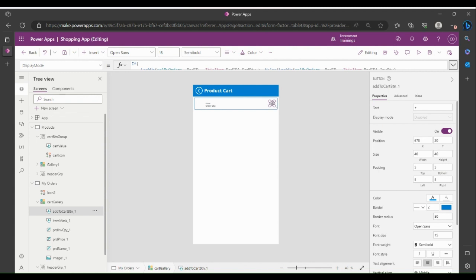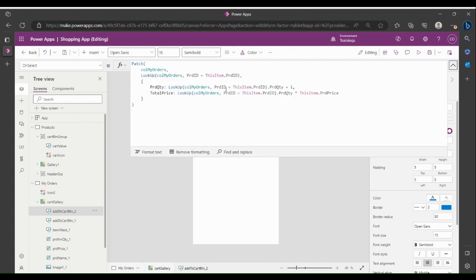So next, I'm going to make a copy of the button, and this is going to be the button to decrease or reduce the quantity. Okay. And here I'm going to remove the plus and then put minus. After that, in the OnSelect property,